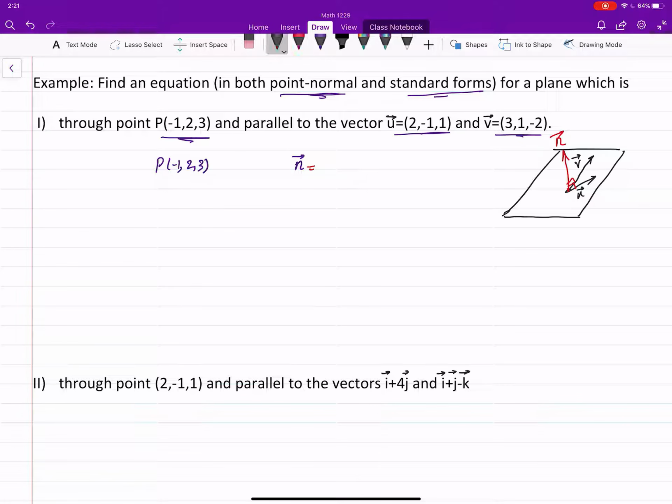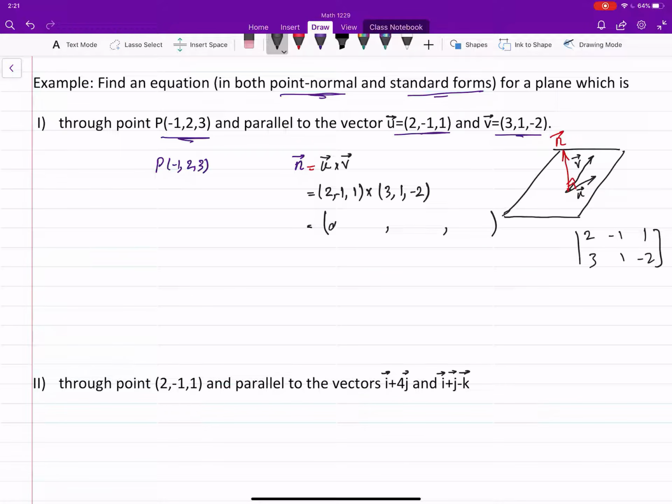We can find that vector by finding the cross product of these two vectors. In other words, we are trying to find a cross product of 2, -1, 1, and 3, 1, -2. And this gives us,